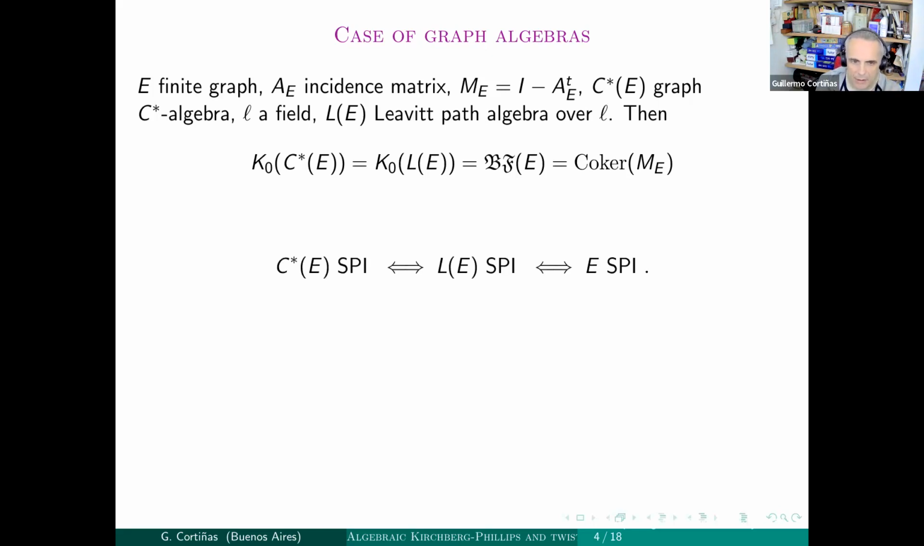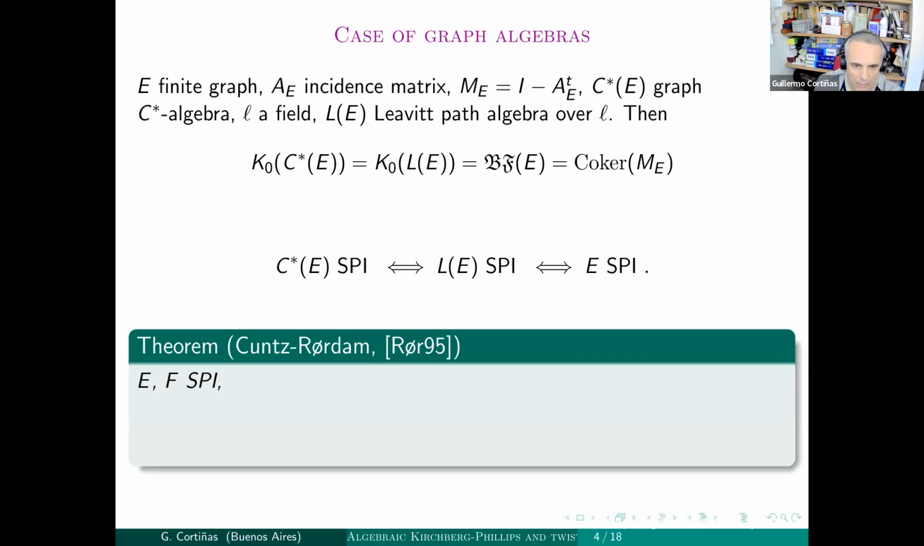And the C-star algebra of E is SPI precisely when the Leavitt path algebra is SPI, which is equivalent to a condition on the graph, namely the graph has to have at least one cycle, every cycle has to have an exit, and the graph must be cofinal, which means that given any vertex B and any cycle C, there is a path that goes out of B and ends somewhere in C. Okay, so